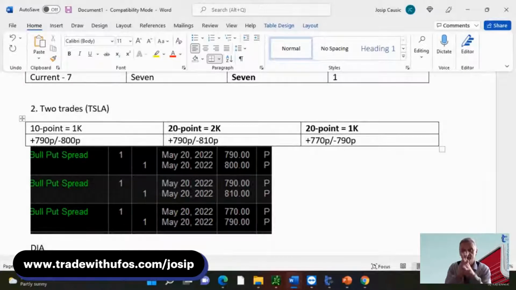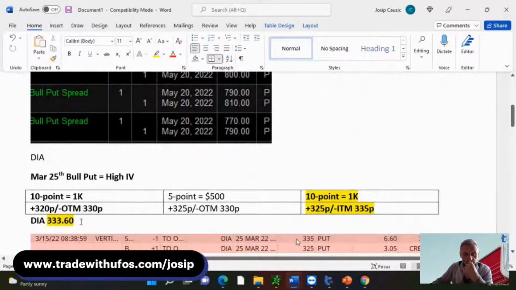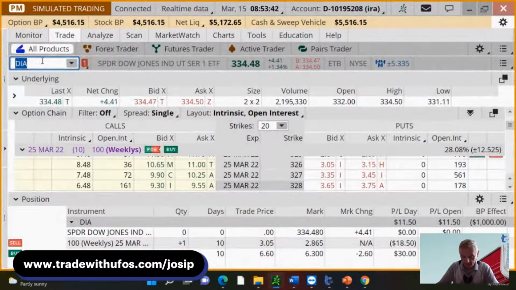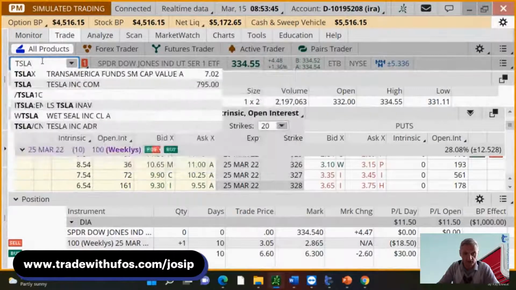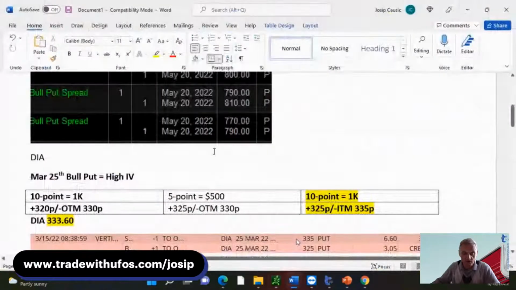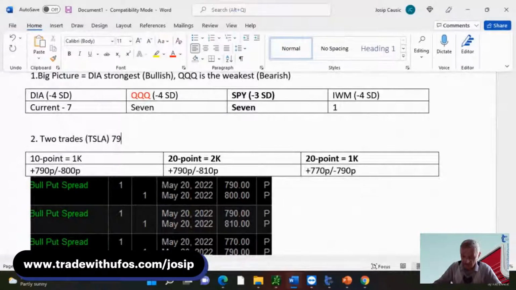So here's the one thing that I want to stop and ask you a question. What is the most important piece of information that I'm missing here? Hint, hint, hint. Why did I put this in yellow? You cannot build an option trade without knowing where the underlying that you're trading is trading. 794. Well, let's say 795. Okay, now it's stopped exactly at 795. So if I now know that Tesla is trading at 795,